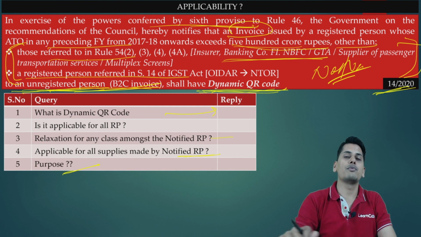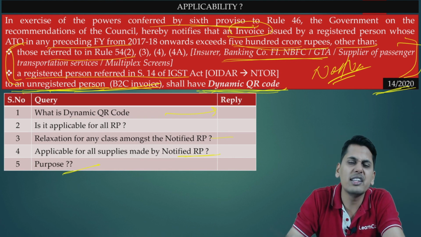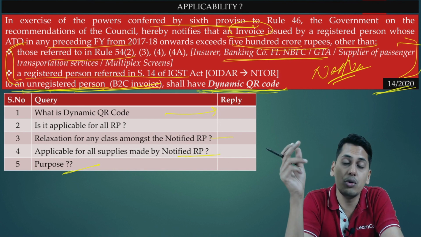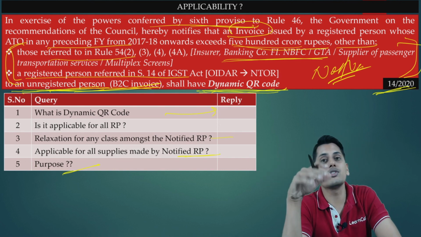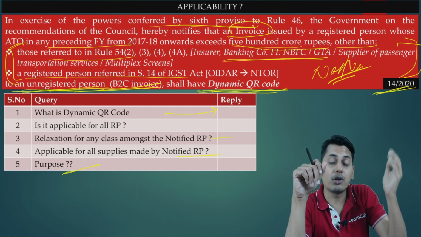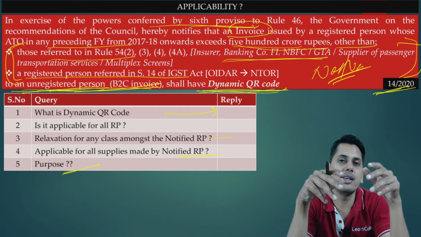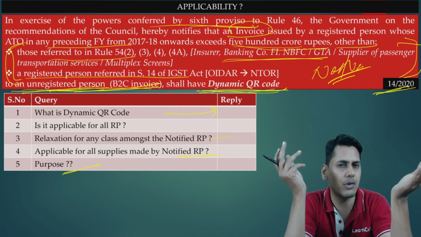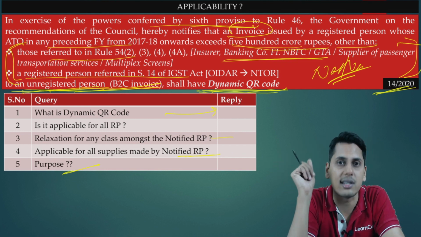In those cases where these types of transactions are not reported to the government, it is very difficult for the government to find out such tax evasion, because here the government is not going to get any lead. The end consumer is not a GST registered person. For the inward supplies, the purchases he is making, obviously he is not going to maintain any books of accounts, because that is for his personal use. It is for his personal consumption. He is an end user, an end consumer.